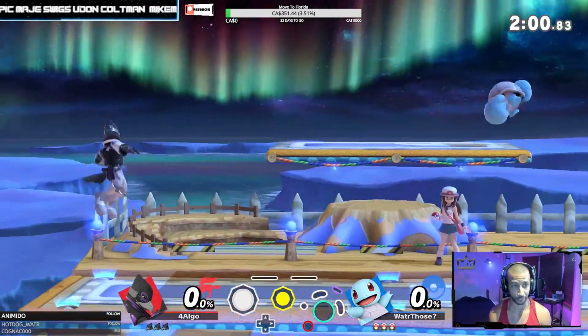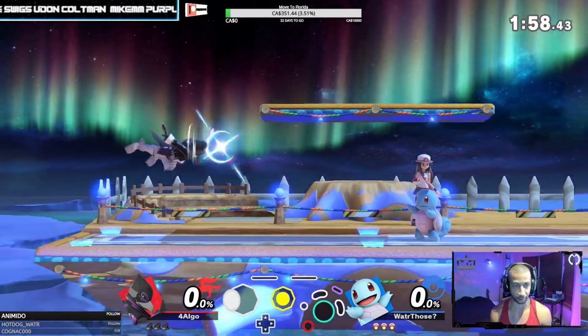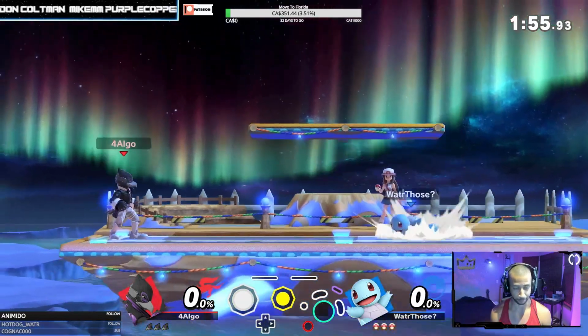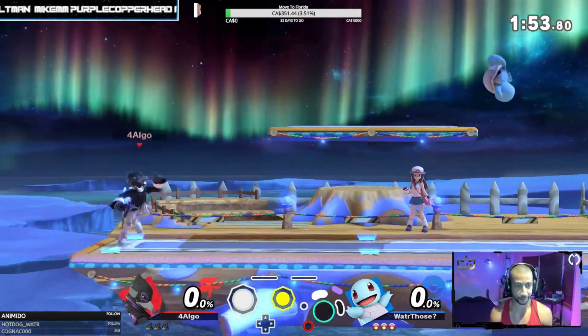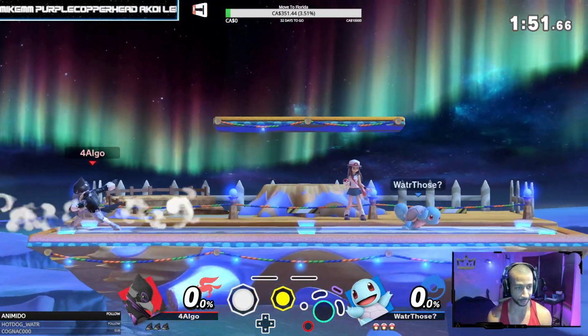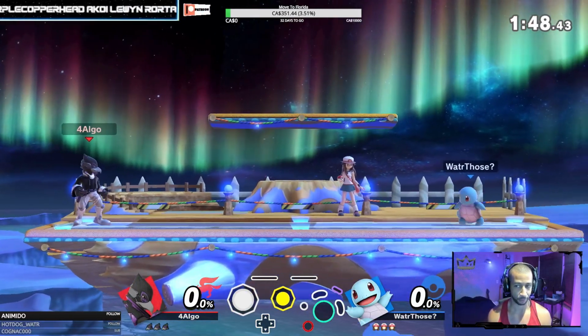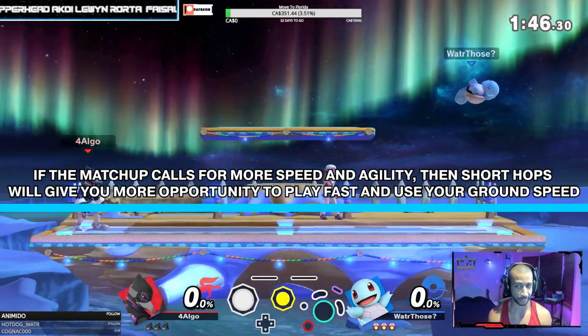For me, I have to short hop and basically hope for the best that you're not going to go for a fair. And if you happen to go for a grab or run up down tilt or run up forward tilt, then I can come down and get my grab, or I can come down and get a down air over top. So I would say when grounded speed matters, and also when trying to hit a grounded character or